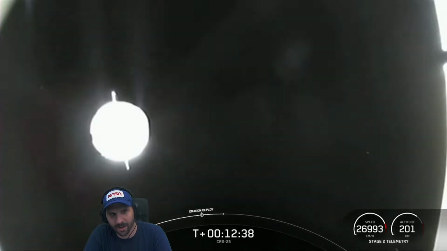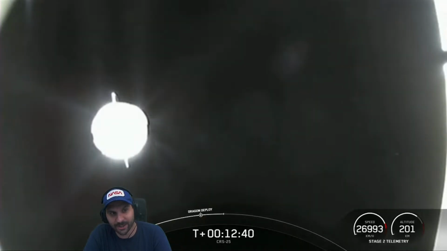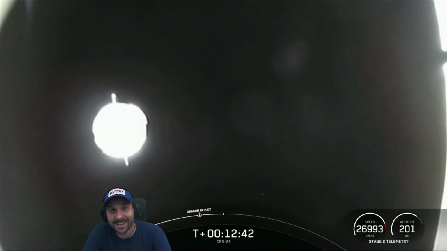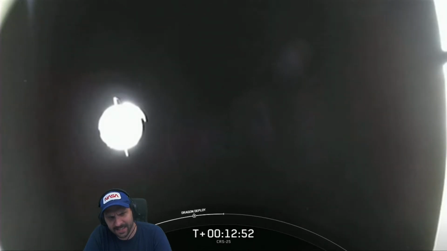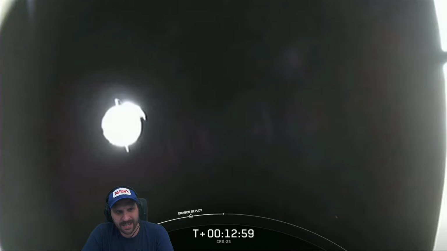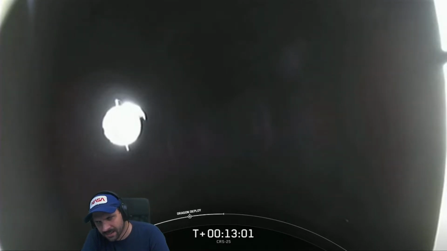Beautiful. RCS checkout. Confirmation of the nose cone deployment. We did just get confirmation that the nose cone was successfully deployed. That nose cone does cover the docking hardware, the navigation and rendezvous sensor, and the forward hatch. The nose cone will stay open until the end of the mission, until after deorbit burn and just prior to re-entry. RCS, the reaction control systems.